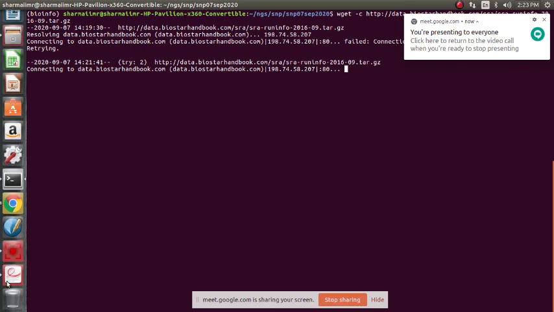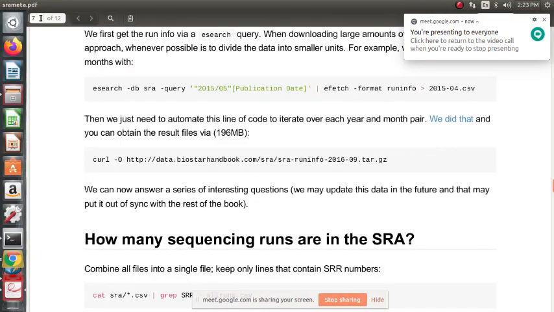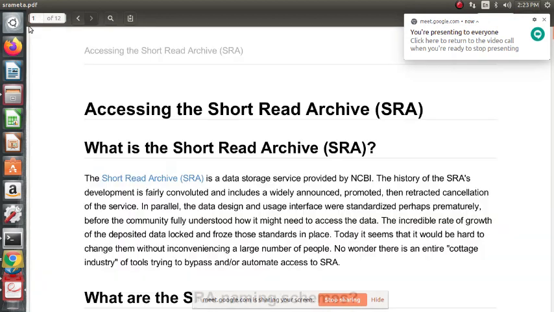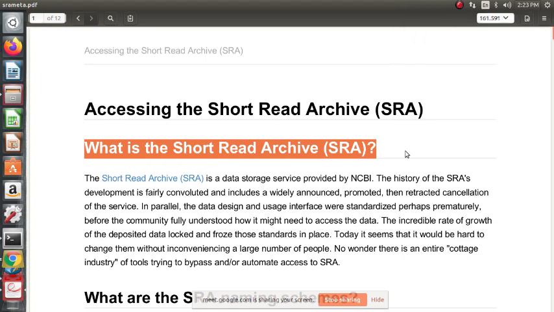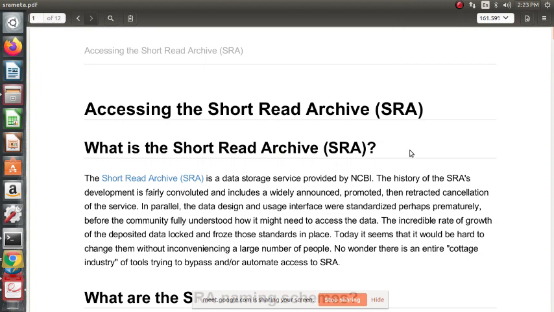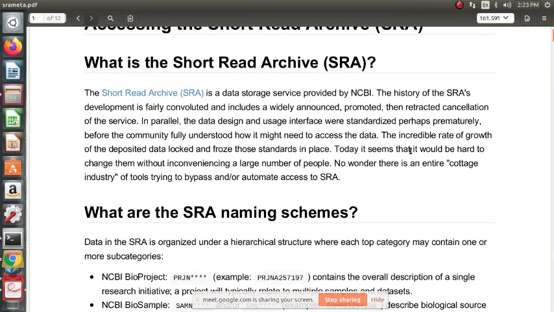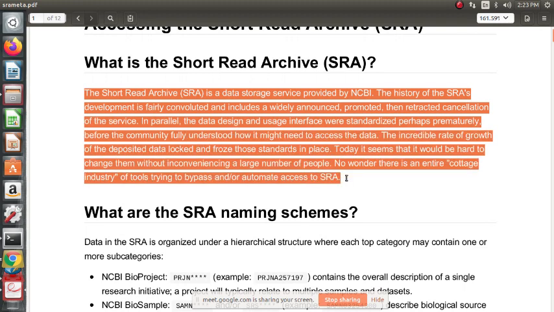Okay, first we'll proceed with the first page. So who will read this for us? What is the Sequence Read Archive? Quickly please. When you're asked to read, anybody come forward and read.